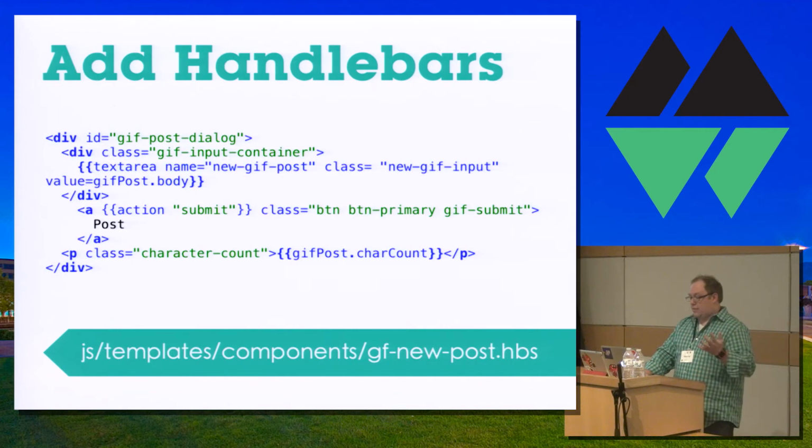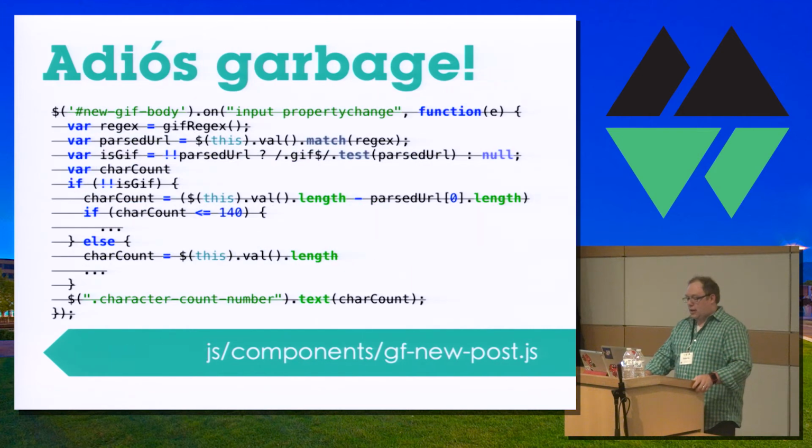And from that point, we can turn the static content into dynamic content in the Handlebars template. So now we're leaning on that model to store that data for the character count and extracting the GIF link from the post body. And then we can actually delete all of that goofy functionality from the legacy code. So we're liberating some code from the code jail by killing it. Okay, but this should actually get the older acceptance tests up and running.